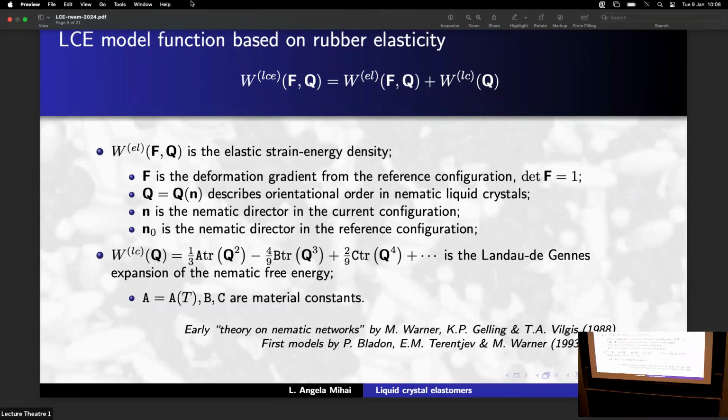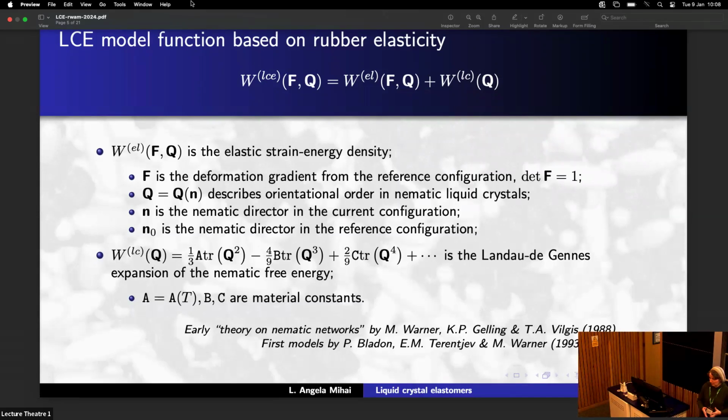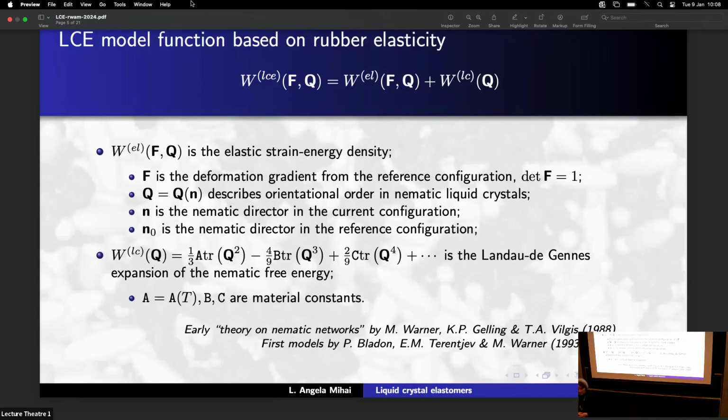Okay, so how about the mathematical modeling? How do we model that? I mentioned this, the rubber part of the material is important. So obviously it's kind of natural to build the liquid crystal elastomer theory on the existing rubber theory, combining, of course, with the liquid crystal theory. So we will be using a phenomenological model. Okay, so this means that it captures the macroscopic behavior of the material,